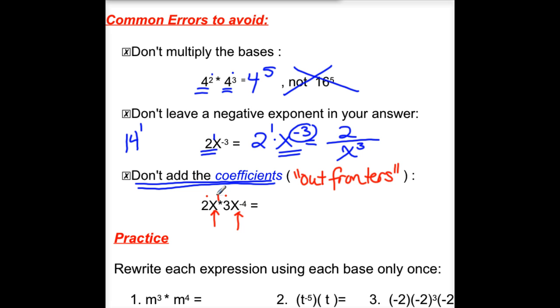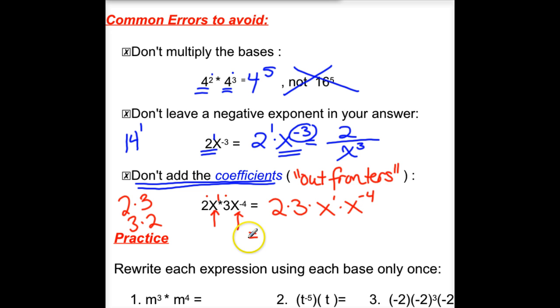Well, what do I do with those numbers out front? I would advise you to write them out front. Because multiplication can be done in any order, 2 times 3 is 6, and 3 times 2 is 6, I am going to take both of those numbers that are out front of the variables and pull them out front. And I'm going to rewrite this